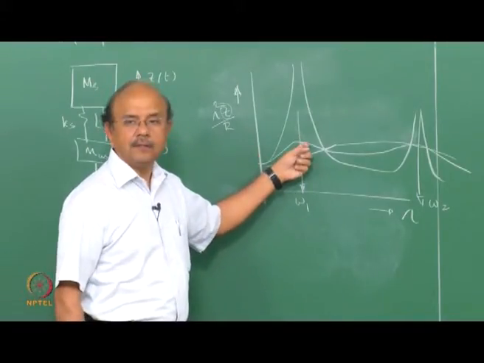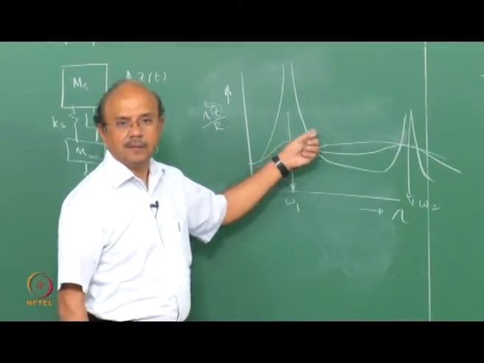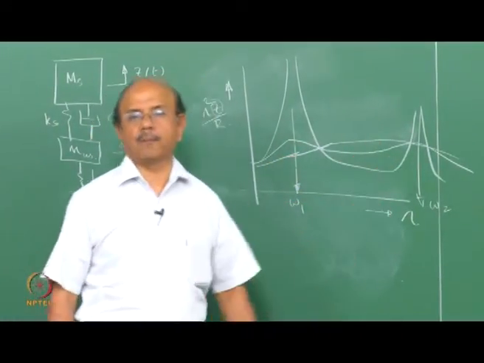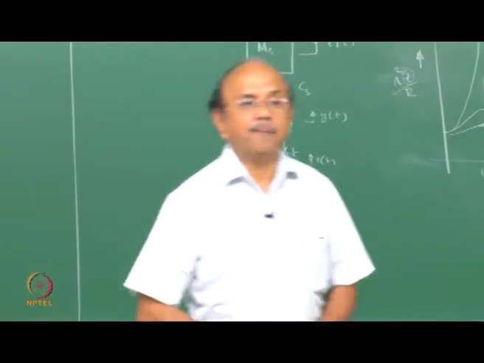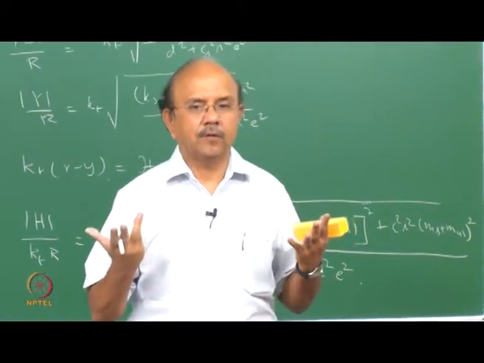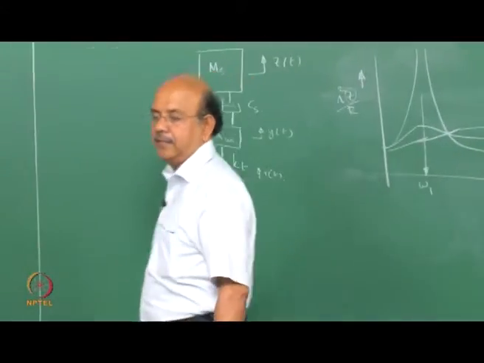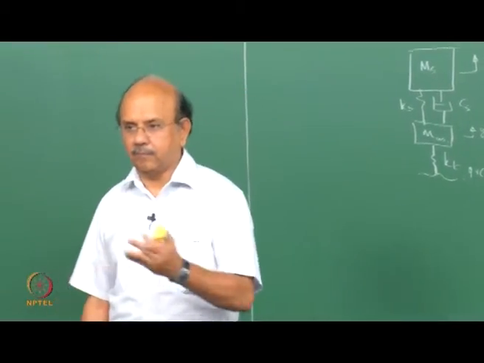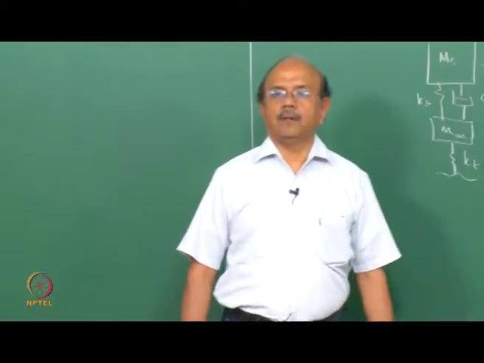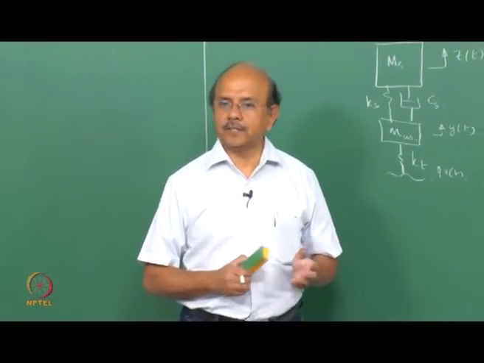Suppose lower damping is good in one, bad in another. Higher damping is good in one, bad in another, and so on. Under these conditions, damping optimization becomes difficult. How do I dampen out? That is why you have techniques where the damping varies with the frequency of excitation, and that's in the realm of controls. But every car does not have it. A lot of things are still in what you call the experimental stage.